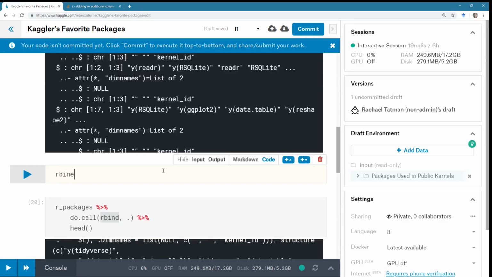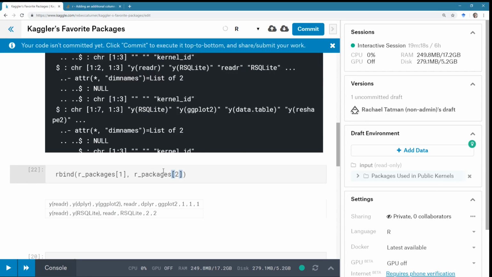What if we do rbind? Oop, not like that, we don't. What if we try to just do them by hand? What happens then? Or if we do just a couple? Because it could be that there's something a little bit wonky later on in the data set.